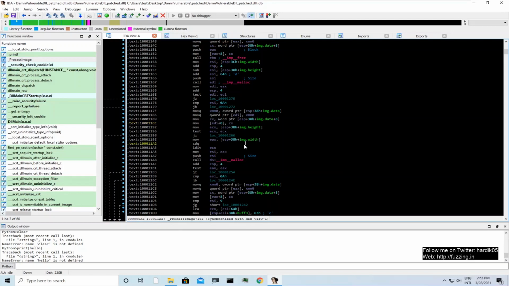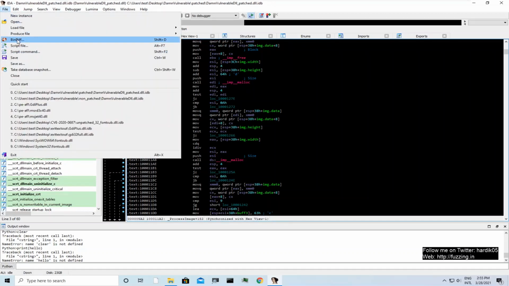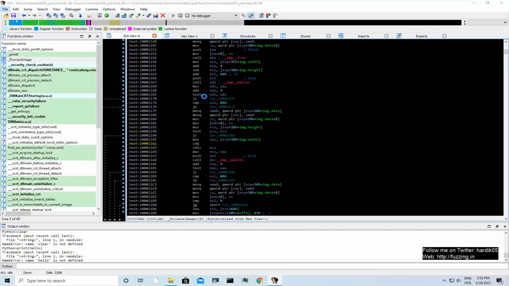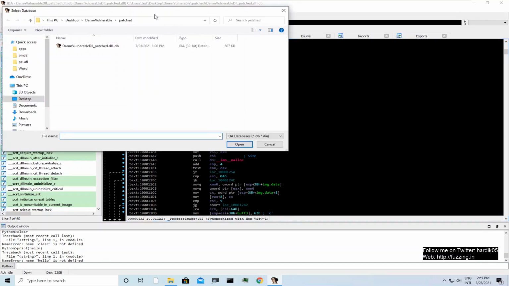So now what we are going to do is use the BinDiff tool, and we will see how it looks in BinDiff and how we identify which functions have changed. You need to install BinDiff. I am assuming that you have IDA installed. You simply download BinDiff and run the installer. You need to point it to the IDA installation directory, and then it will give you a BinDiff option when you click on the File menu. So you simply need to select another file for which you want to do the diff.